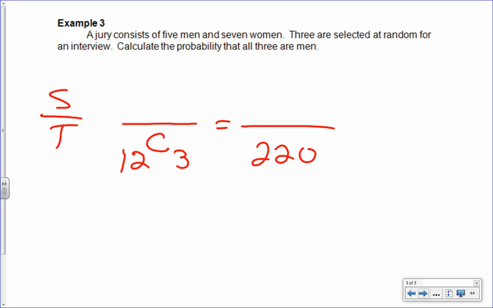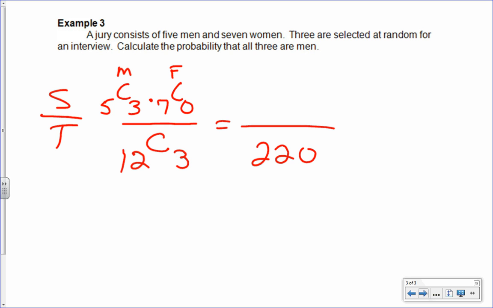And multiply them, because that's what the word and means. So this will be the men here, and then I'll put the women over here. How many men are there? 5, and I would like to choose 3 of them. Would that tell me how many ways I can choose 3 men? And I would like to choose